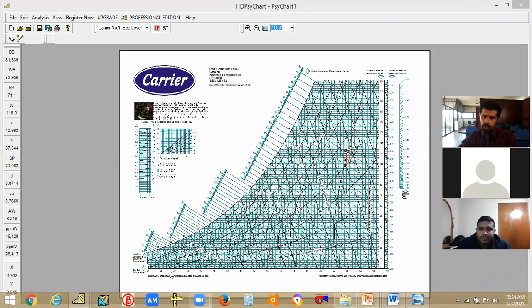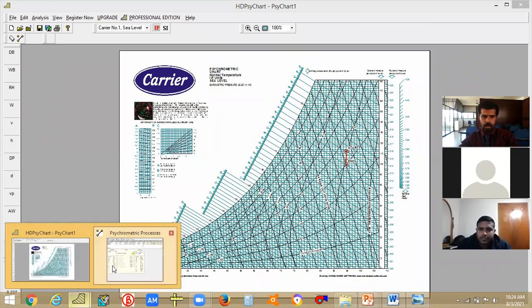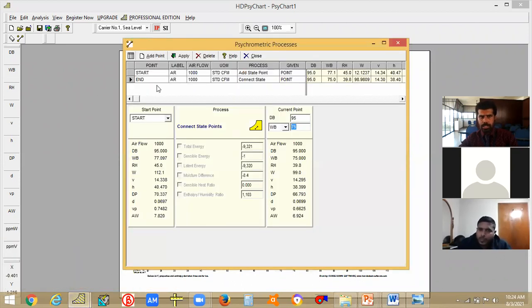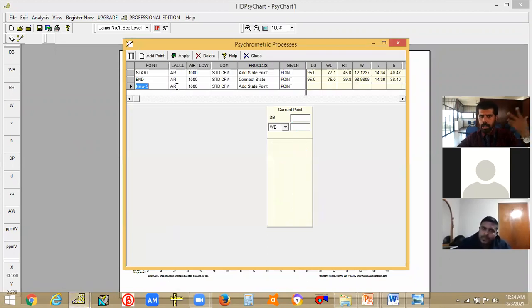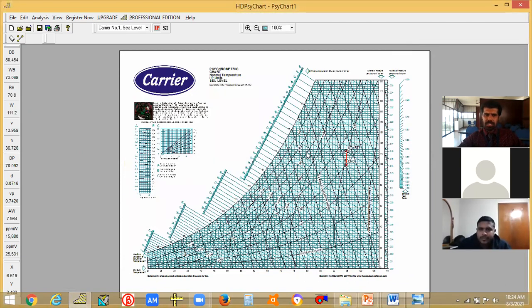So again you can give add point. You can just continue like that. You can give another point, another point, another point. Again you can add, and again you can add. According to that, you can draw the chart, and you will be able to find the properties also. So this is just a basic thing. You just need to know this much: how to use the psychometric chart, how to take the different properties of it. Here, if you are touching, you'll be getting different properties.